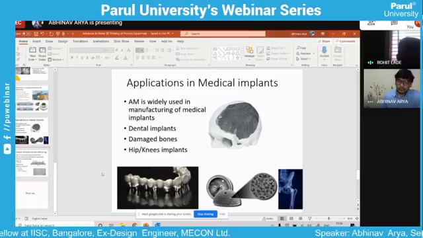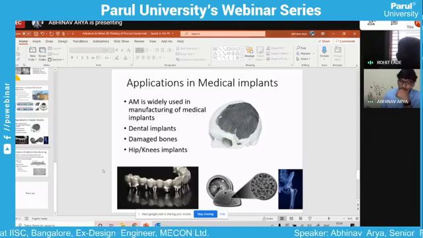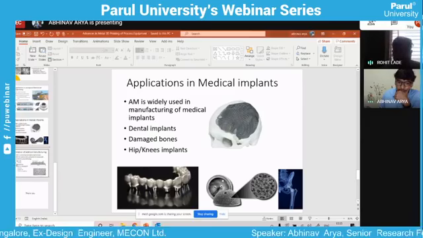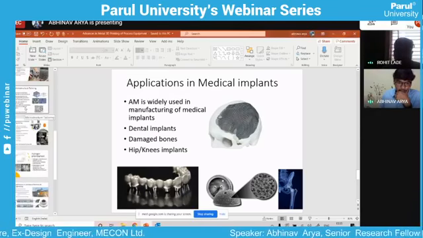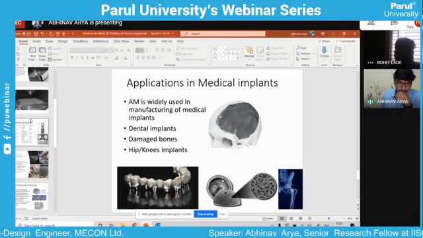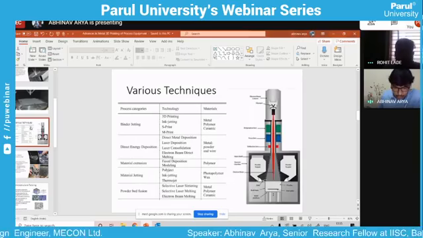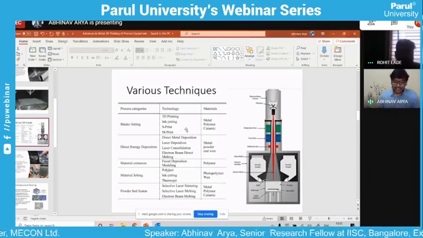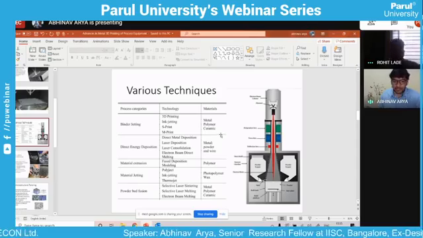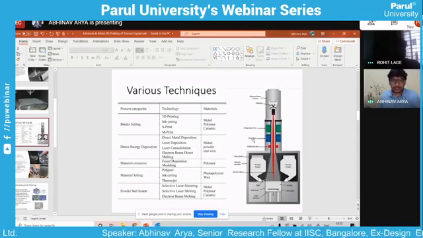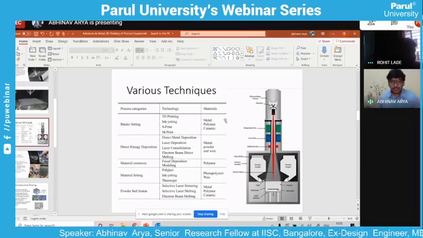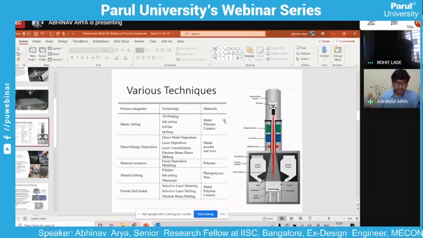In addition, this student has asked what kind of materials we can use for 3D printing. I think you have already told, but yes, I'll just show it. So we can categorize materials in three categories: metal, polymer, and ceramics. In solid materials, these are the broad three categories. In all three, we can use additive manufacturing.